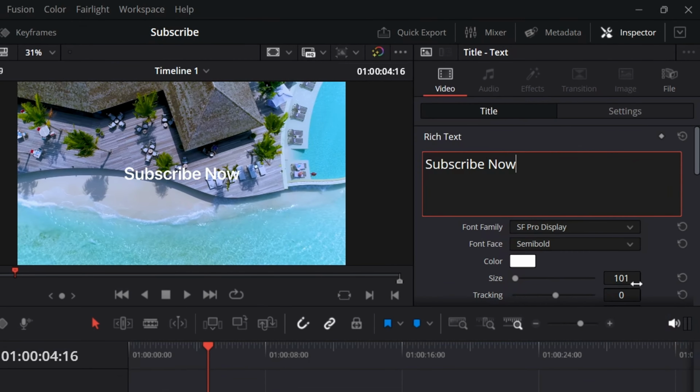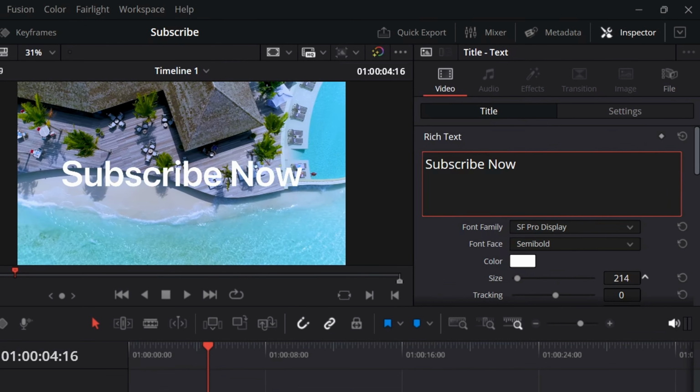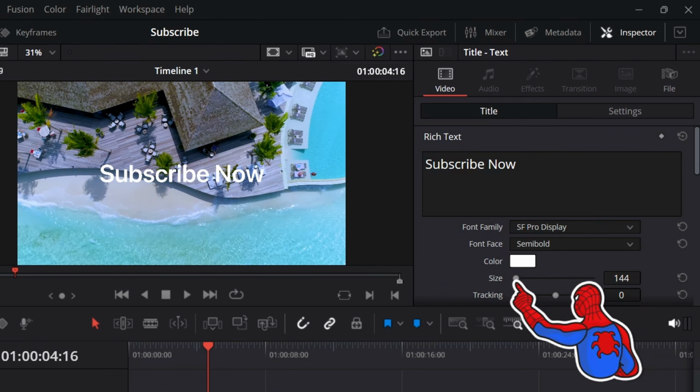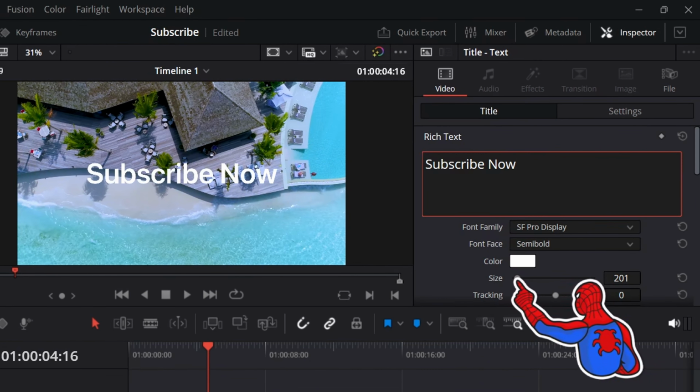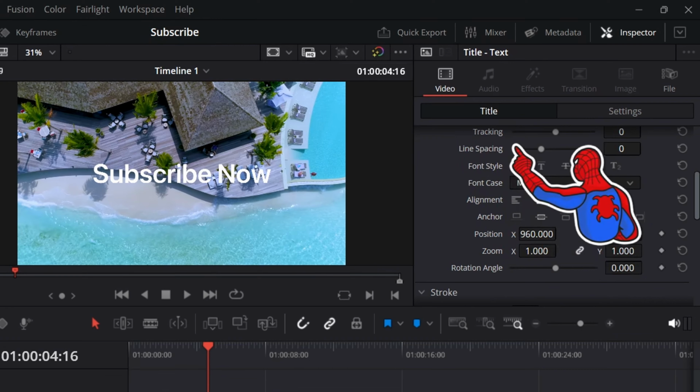You can also change the value if you drag the numbers on the right. If you click over here, I can drag it to the right like this to adjust the size of the text. So I can make it as big as I want or as small as I want. So if you drag the box on the right, then it won't change as much. Whereas if I drag this slider, you see it changes a lot. Then below, there are more options for you to customize your font.